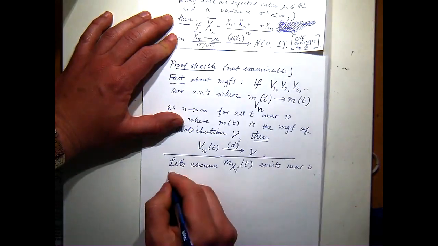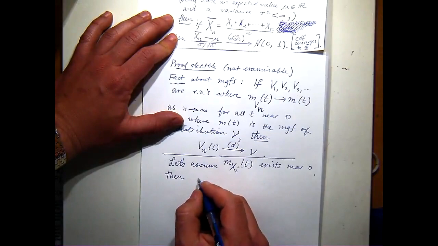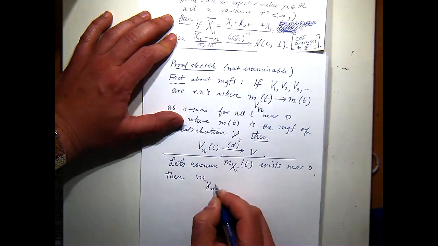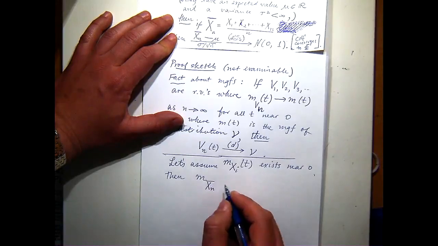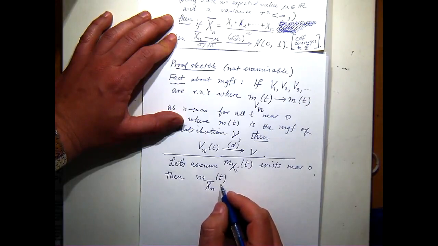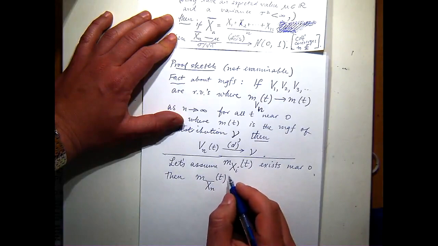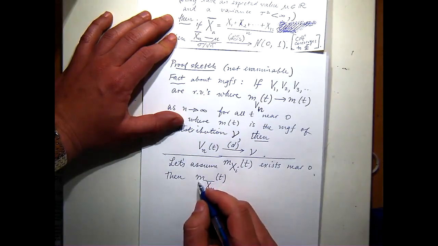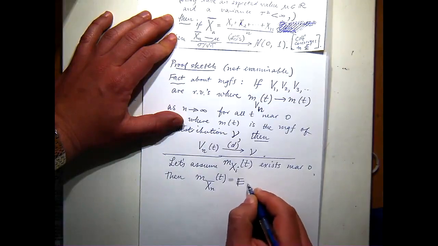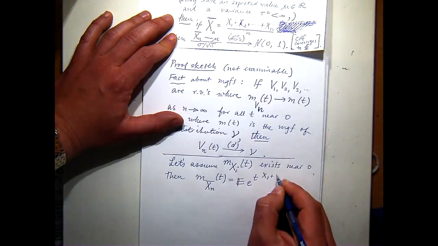Then I now need to find the moment generating function of xn bar of t. Well, that's the expected value of e to the power t times xn bar,